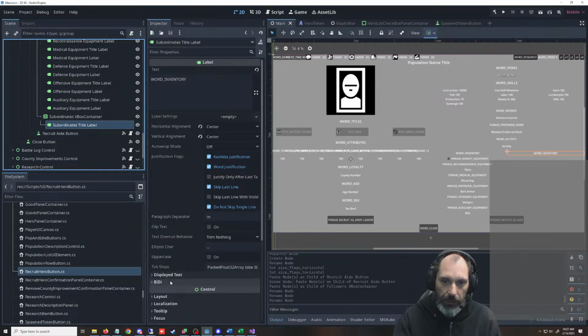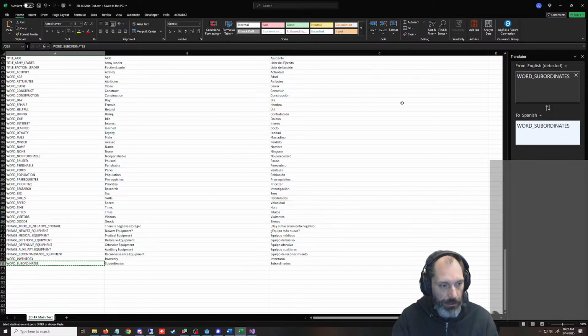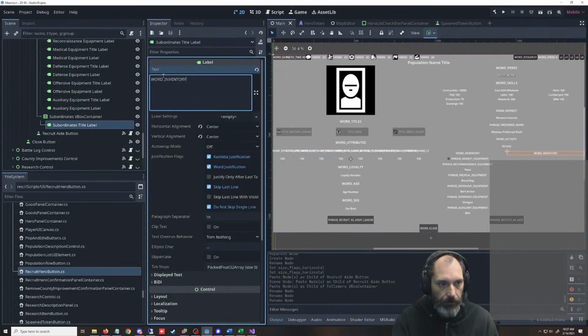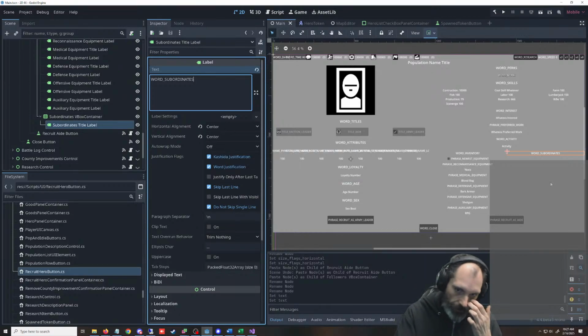All right, so now we can put over this subordinates spreadsheet. And with subordinates, this is going to be like a scroll thing. The armies are going to be quite small in this, and everyone's going to be named in there. Your army is going to have an actual name.